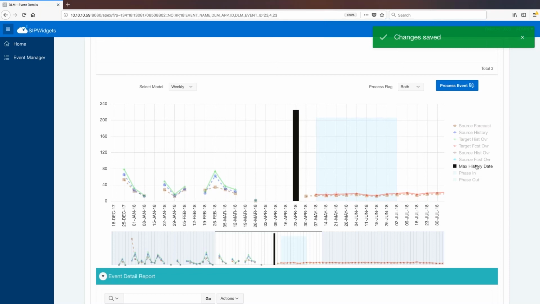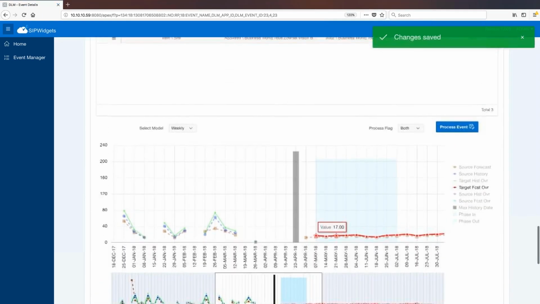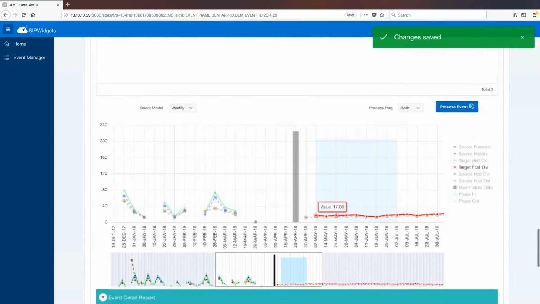The launch date start ensures the forecast starts to copy only at the launch start, not when this event is set up. The brown dotted line shows the source forecast in the past and in the future as well, and it shows how closely it's linked up. Here we are anticipating a 20% bump in the target combinations compared to the source.